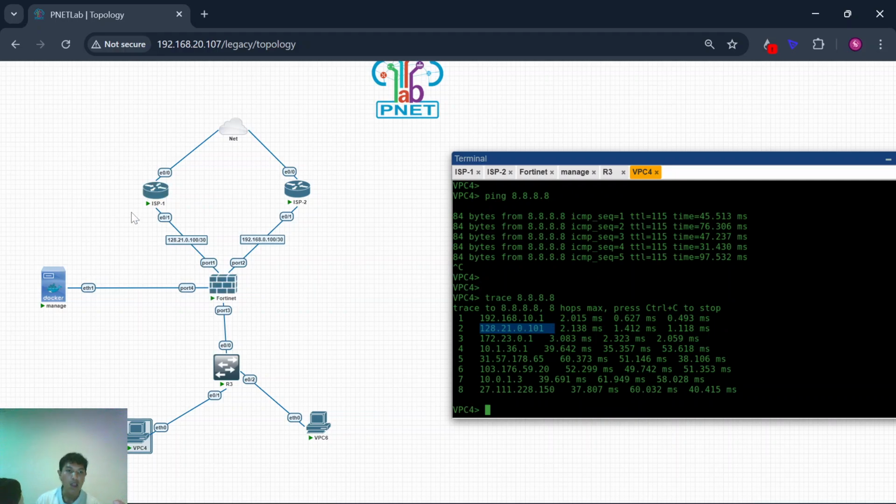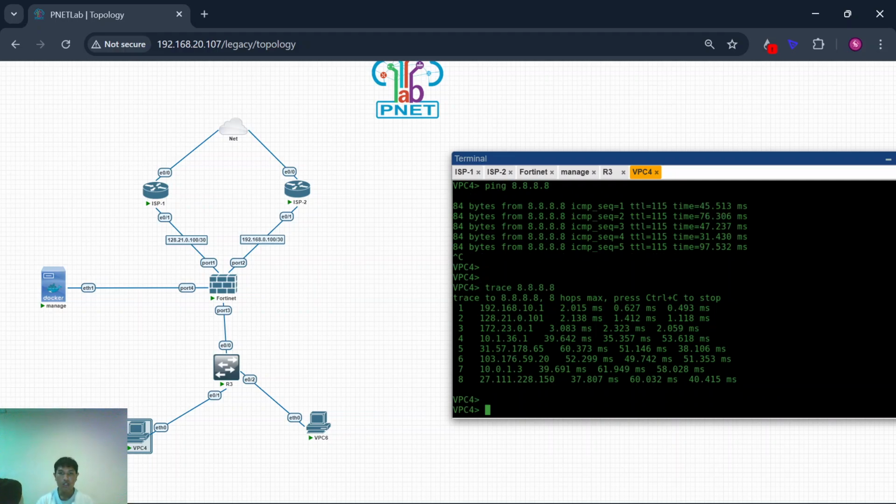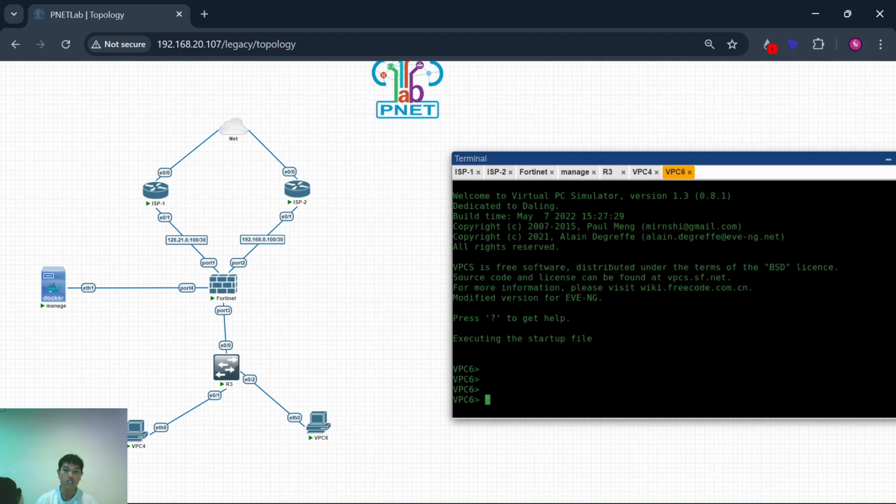This is the gateway from SP1. Okay, this is successful.